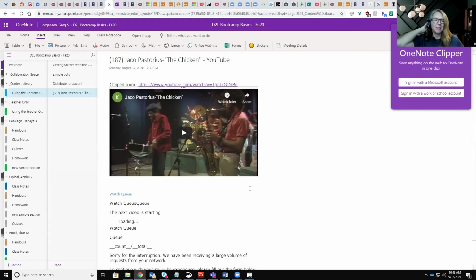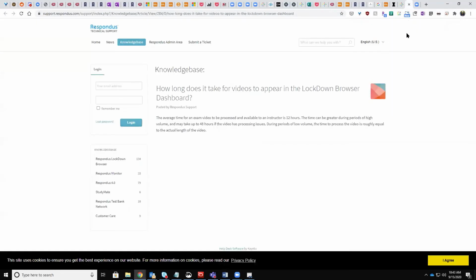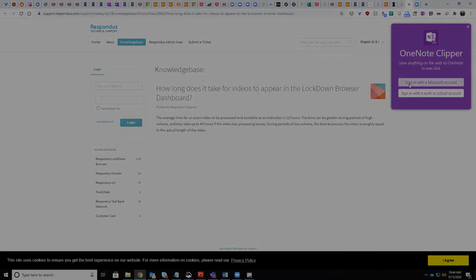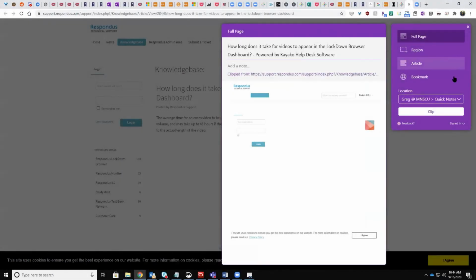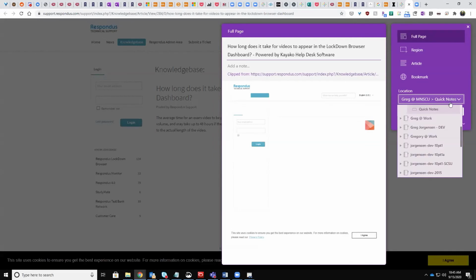Right. But this is something you can put in both Chrome and Firefox for sure. I'm not sure if it's available for other browsers. So if you're cruising along looking at, for example, the Respondus knowledge base, and you wanted to clip this, you could. But now this shows up, and now it's